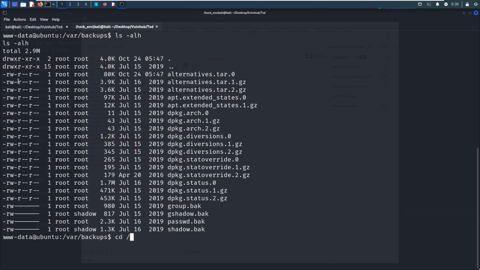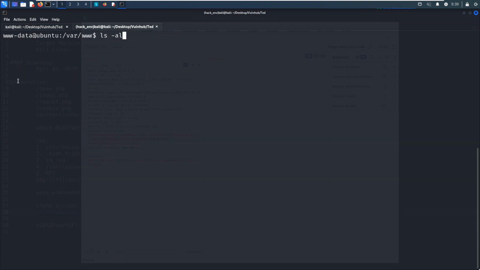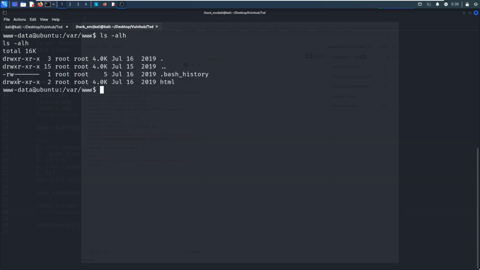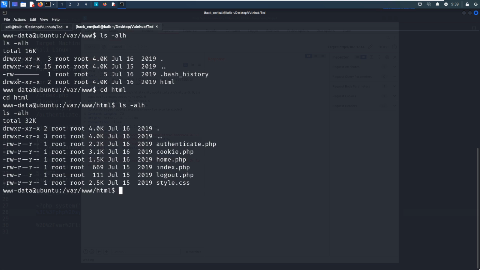Go to bash history. Great, bash. But at this moment, we don't have permission to retrieve the bash history. We can go to the HTML subdirectory, but nothing here.